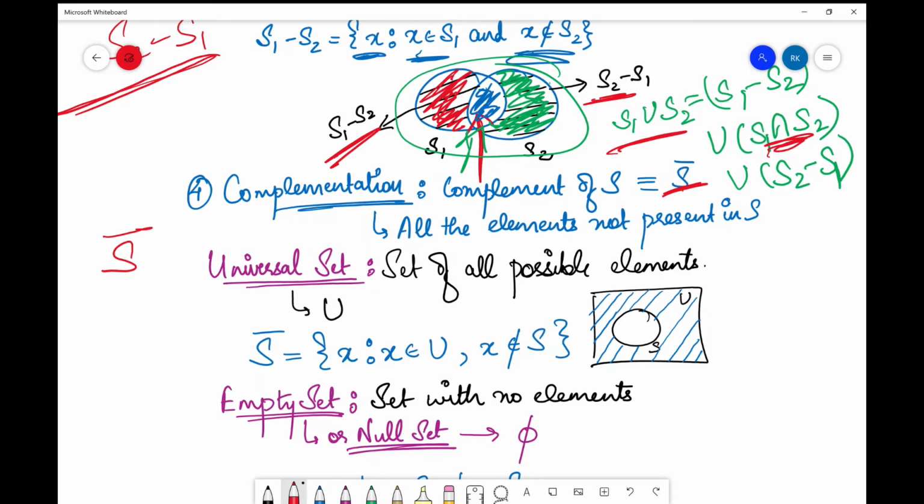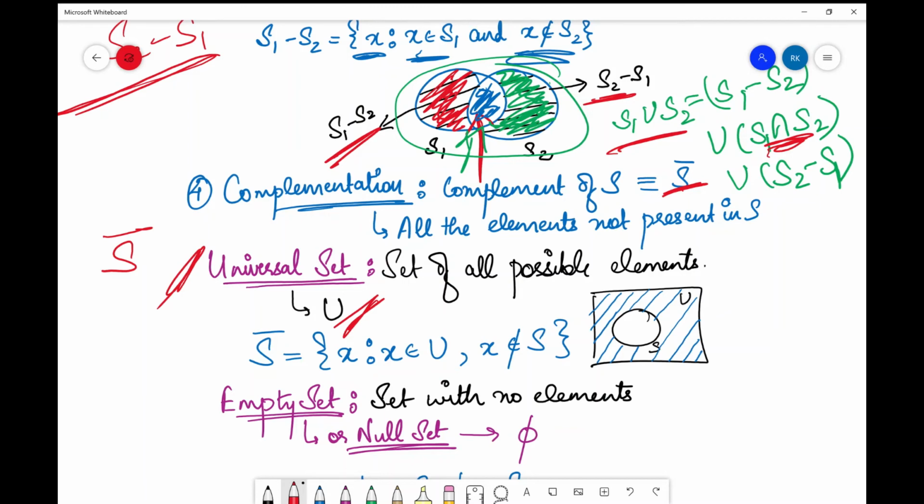So then if they are not present in that set S, where are they present? So for that we need to define another set, which is universal set. So universal set is a set which contains all the possible elements. All the possible elements in our universe are present in the universal set, and we represent it as a U. Okay, so now we represent U as universal set also, and also as a union operator. So yes, we do use the same symbol for both of them, but there is a different context and we use it differently in different ways.